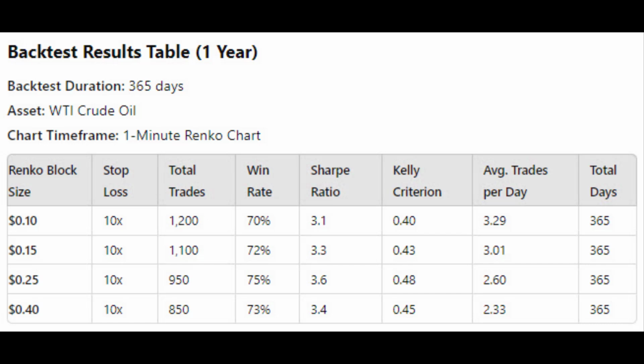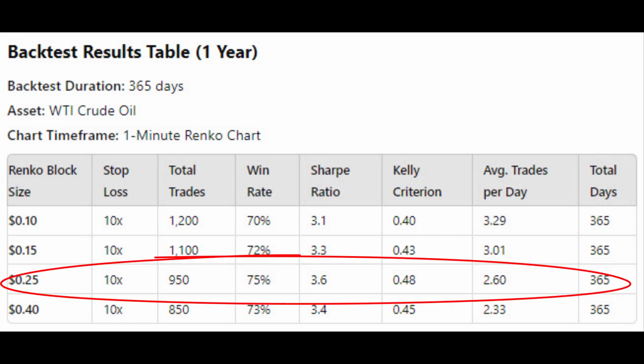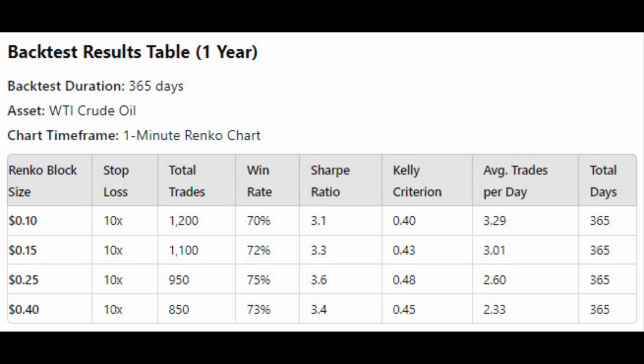And you can see there, probably the best Renko block size was the 25 cents one. A lot of trades over 1 year, 950 trades, win rate 75%. Sharpe ratio, of all of them is pretty fantastic actually, at 3.6. You will find in the channel that I'm actually going to test this in a live environment to see whether we can still generate these results, and that will all be part of my Traders Club and some more exclusive